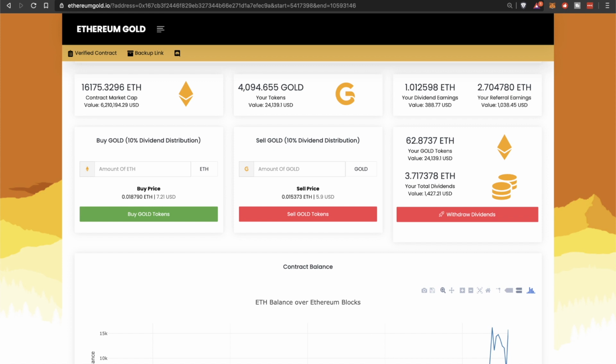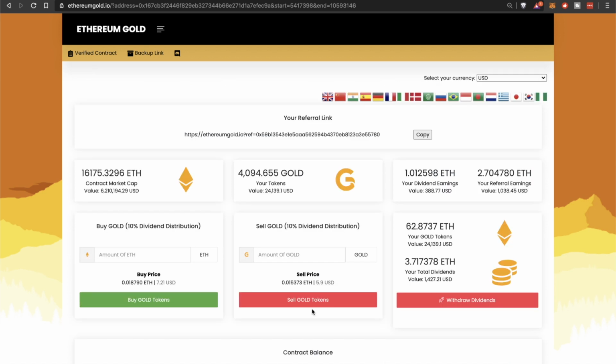If you watched the Oracle's video early on when it was at a $1.17 buy-in, that was the time that I got in. It's been a beautiful, beautiful ride, but it doesn't stop here. And there is no right time or wrong time to buy into this contract, okay? No matter at what point you buy in, you will have your skin in the game to be able to play and to be able to accrue dividends.